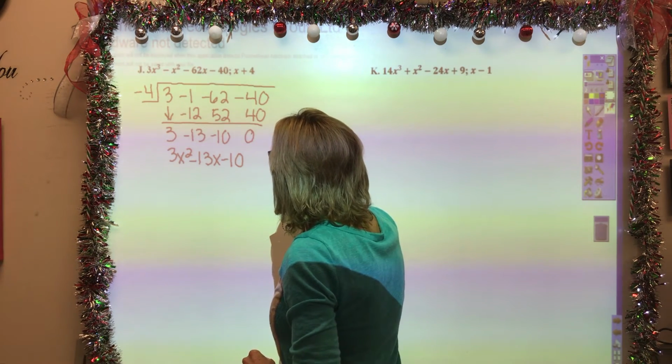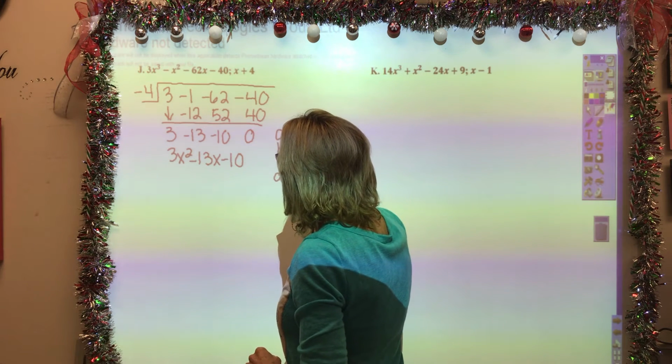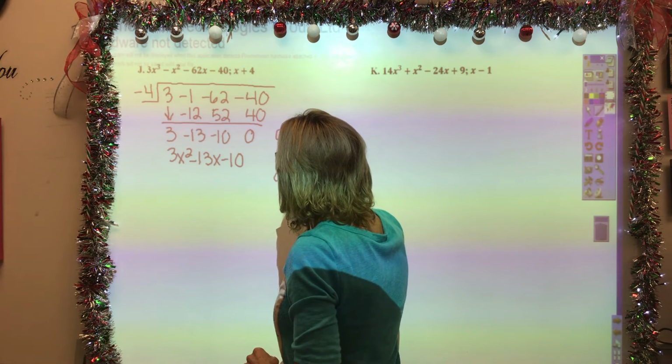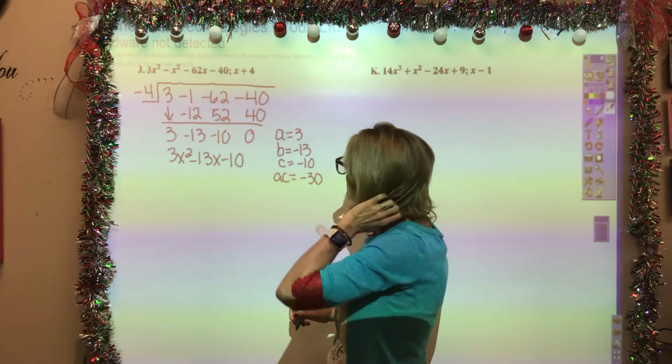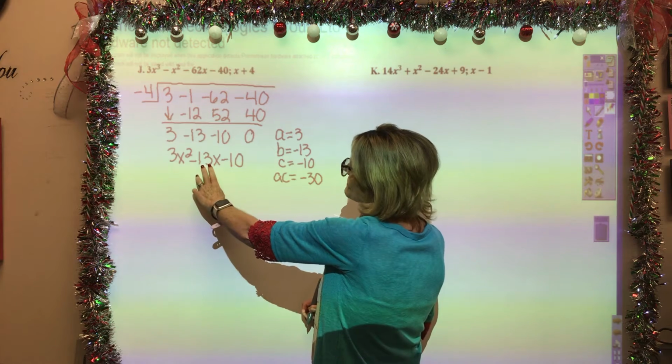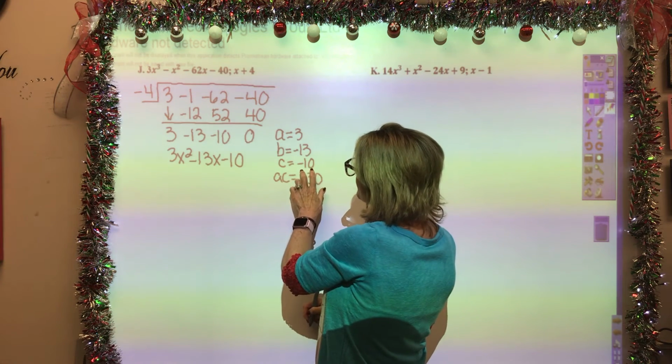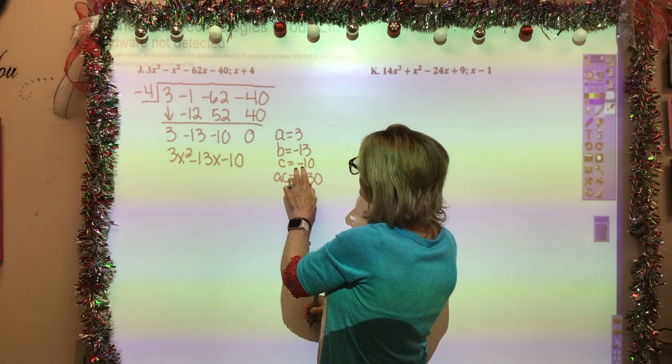AC will be negative 10 times 3, which is negative 30. And hopefully you can see that those are the two numbers we're going to use to replace the negative 13 in the middle, because negative 10,